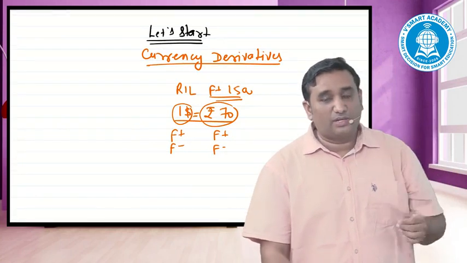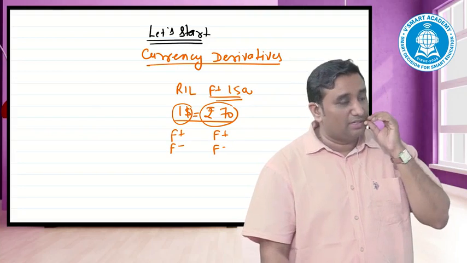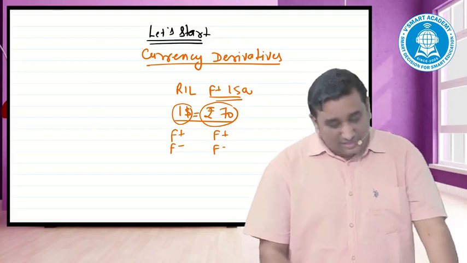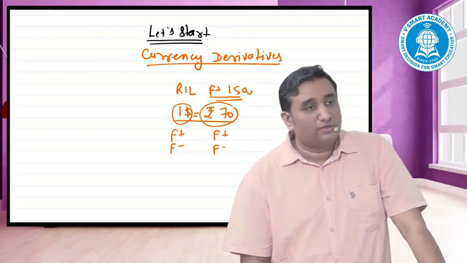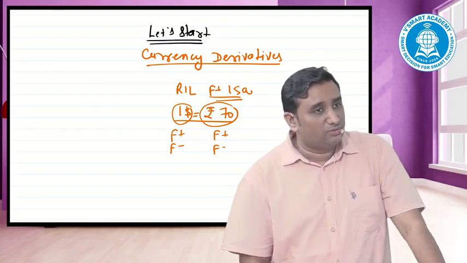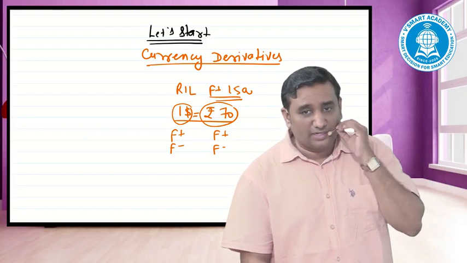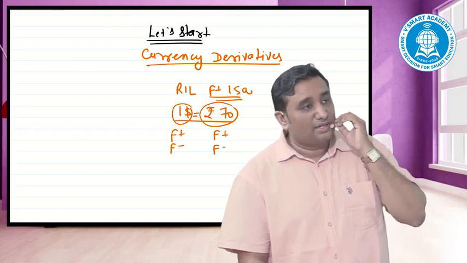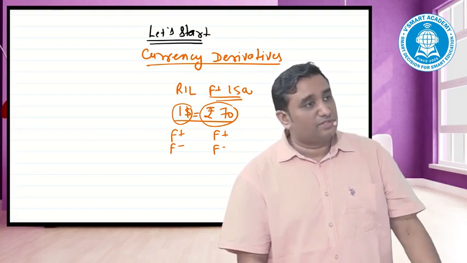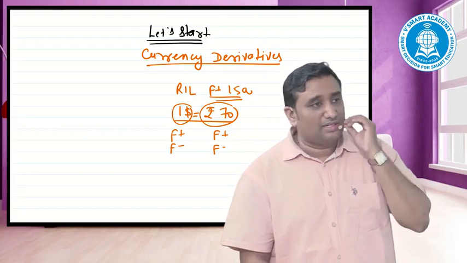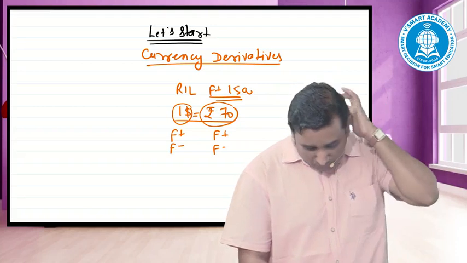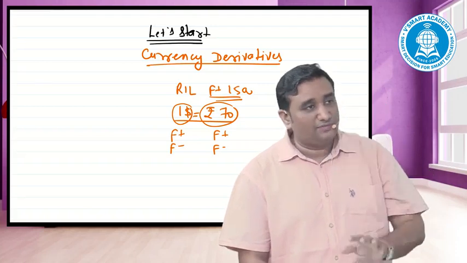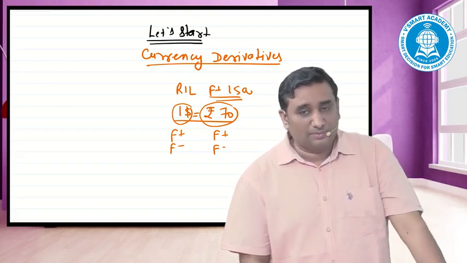Our first target would be, how do we identify what is a price and what is a commodity? By looking at the question. Second, no matter which way data is given to us, the question would give us the hint whether we have to do options or futures. Then, once you decide option or futures, whether I should go for a call option or put option, the data automatically would help me out.